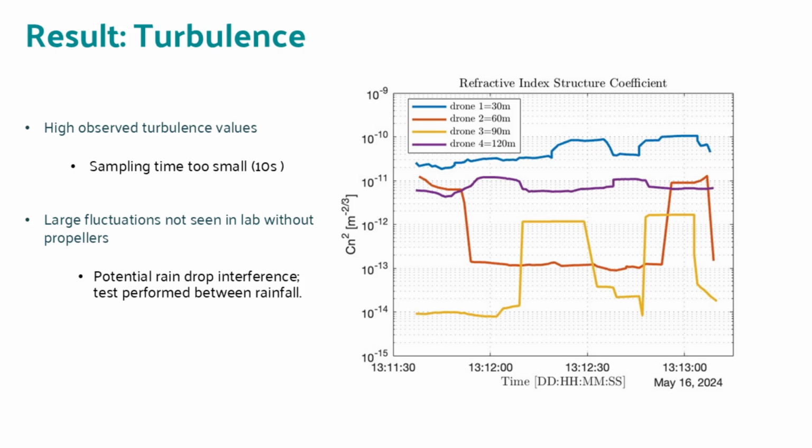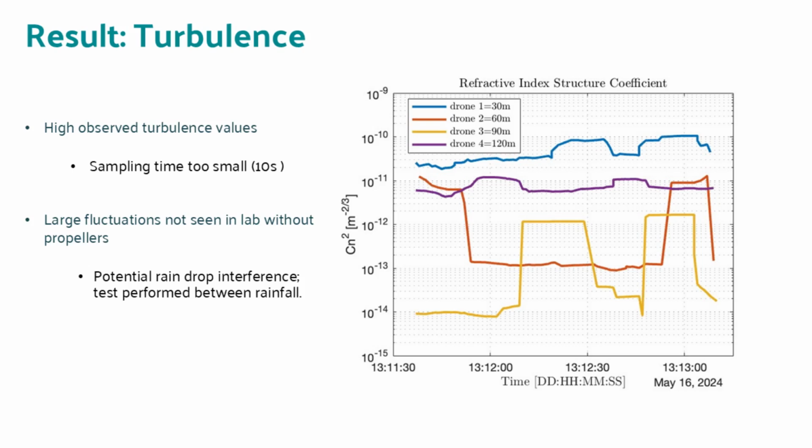In most literature, these measurements are averaged over time spans of 1 to several minutes to get a more constant value. In addition to the high values, we also observed sudden large fluctuations that were never seen in lab tests. This could have been caused by several factors. One possibility is electromagnetic interference from the drone motors, although we have tested that in more controlled conditions. Another likely cause is environmental. We were flying in between rain clouds, and small raindrops striking the thermocouples could, in theory, briefly produce sharp temperature differences,